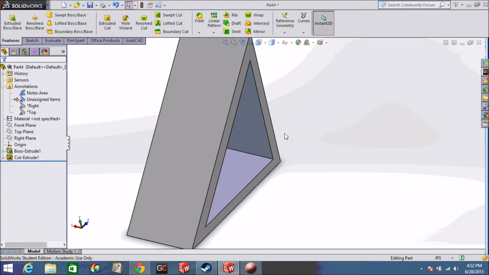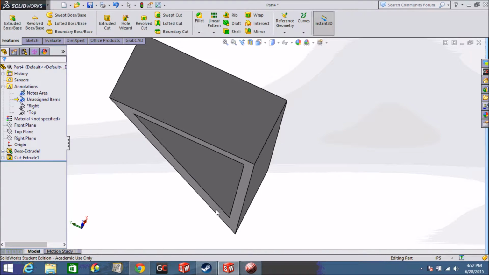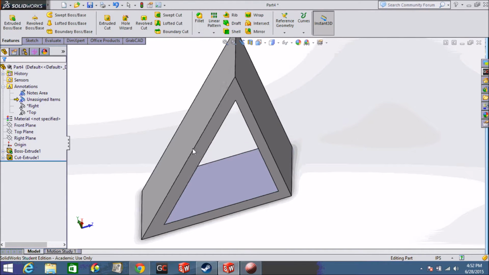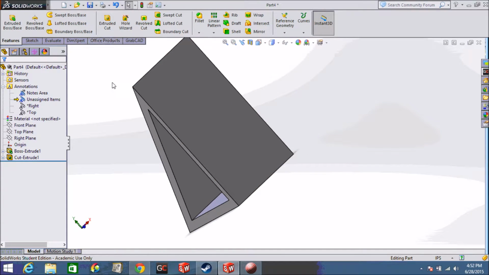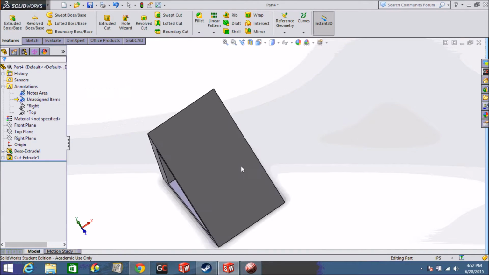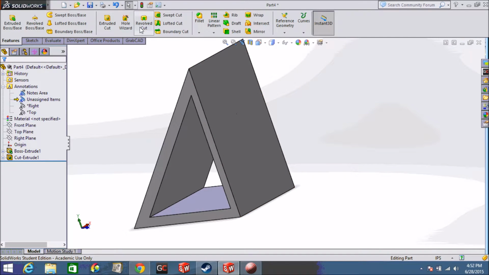We need to put holes in it, because otherwise how are you going to get bolts in? So if you don't know what you're doing, your first instinct might be to sketch the hole shapes in circles onto the faces of this triangle and just do an extruded cut, which is a reasonable notion. However, Solidworks has a tool called Hole Wizard, which makes things easier. So if you click on Hole Wizard up here,